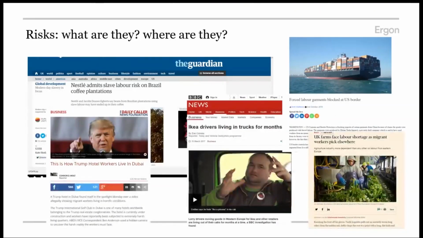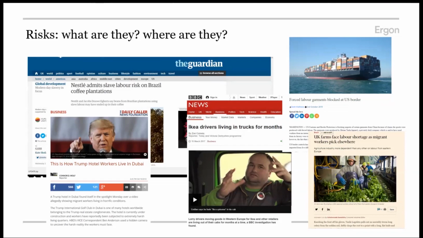Now, I'm sure we've all seen these sorts of slides about why do we do labour rights? Why do we do human rights work? There's increasing media coverage. But we just picked out some particular stories to try and illustrate different types of risk, because we need to think about what does it mean. What does risk mean for you as organisations? What does it mean for different sorts of workers or the environment?